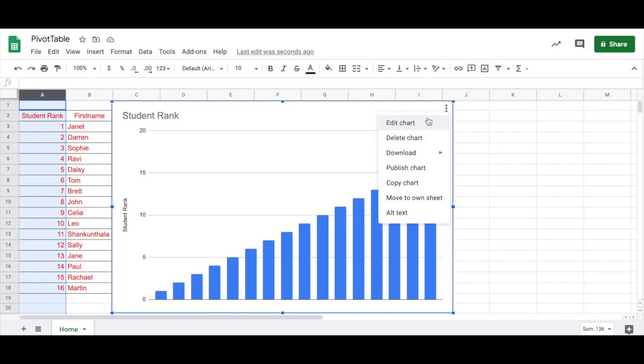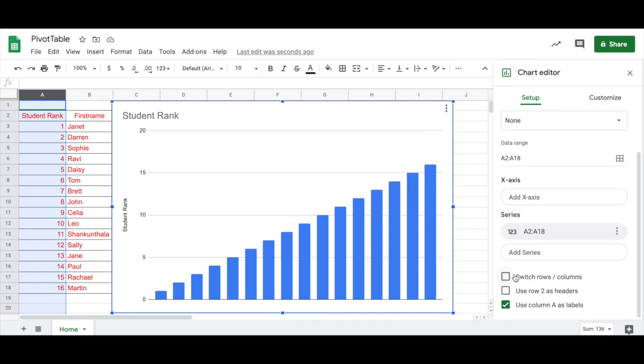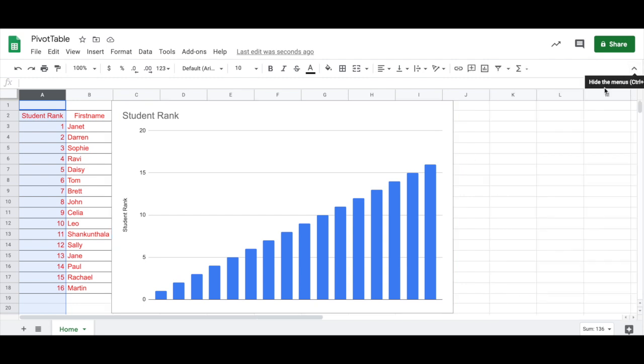So I'm going to go back to the chart editor. We're going to use row 2 as headers. Now, notice that I don't have the students' names under here. We're going to use a pivot table, which will automatically include things like that. Now, I'm going to close this chart editor. We have ourselves a chart,